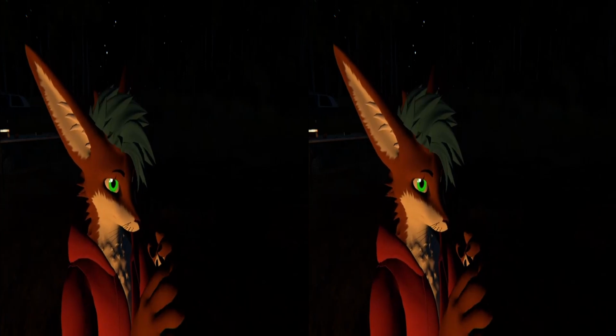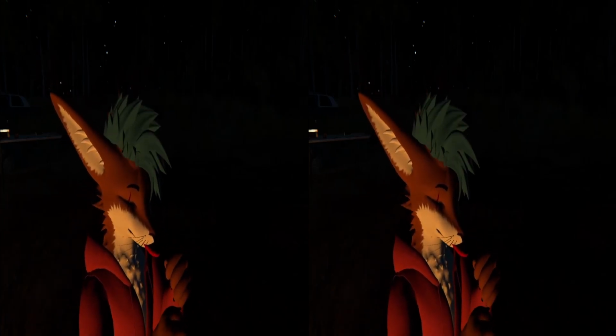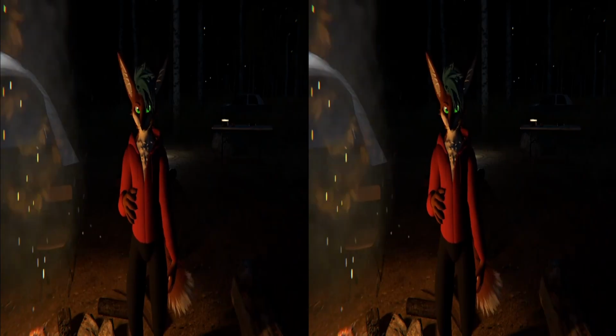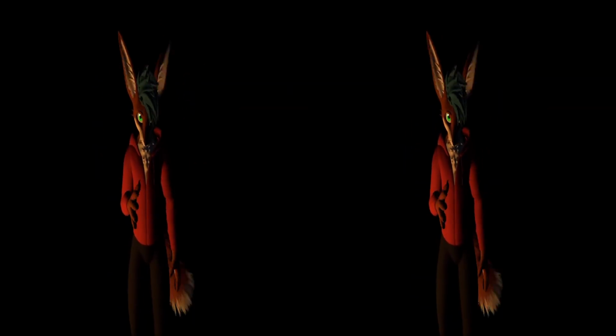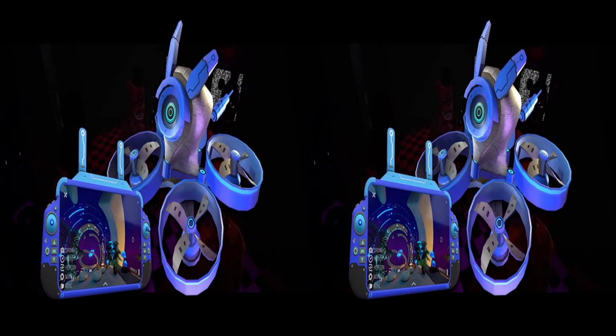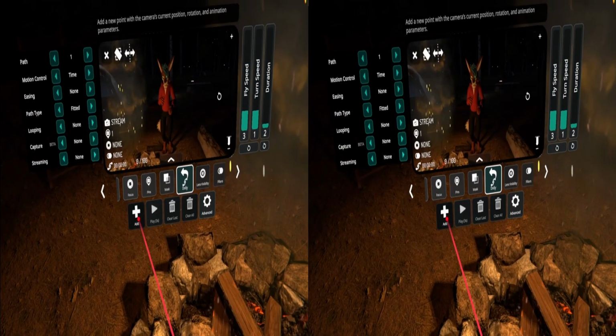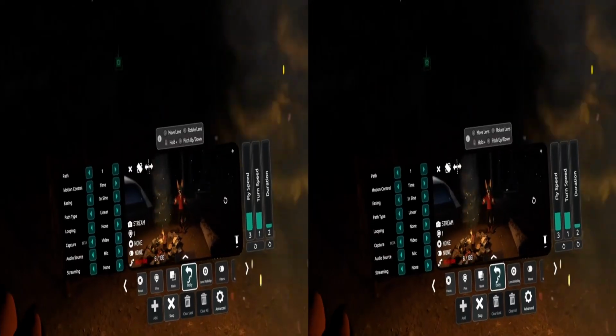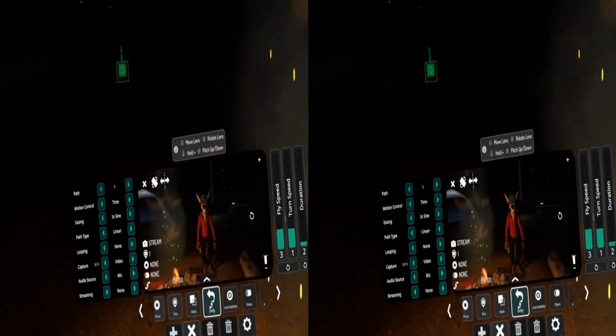Just remember too that there's a whole bunch of tools that VRChat has built in, such as being able to mask out certain subjects, being able to focus on yourself if you are the subject and have the camera follow you. You can also use a drone, you can also use the camera fly feature, and you can use the dolly tool. These are all tools that I used in order to make the recording of Project Carrot a lot